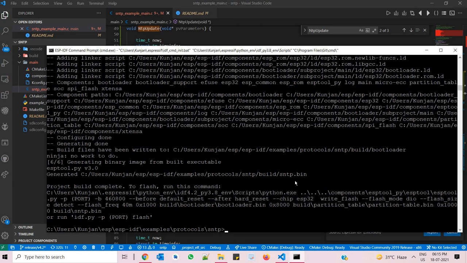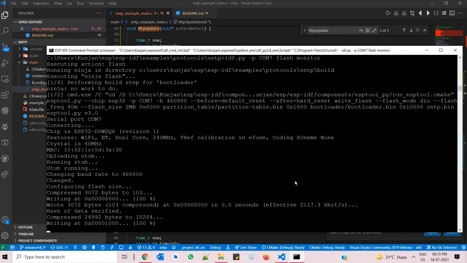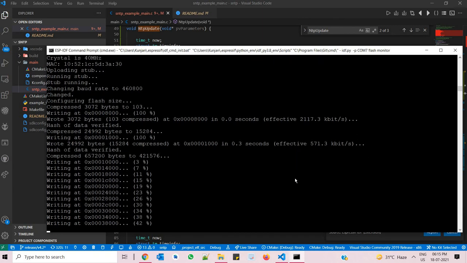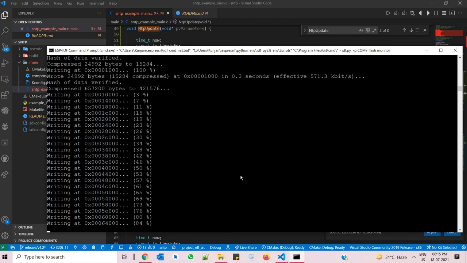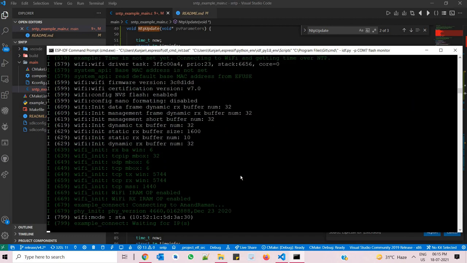Okay, then idf.py -p COM7 flash monitor. It is flashing the device and installing our firmware.